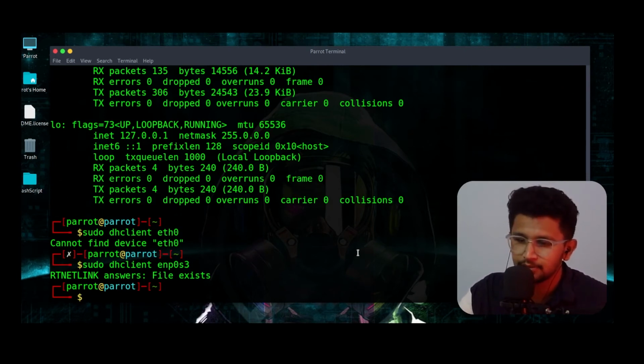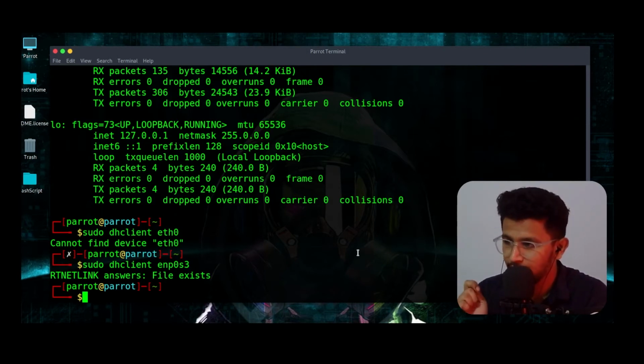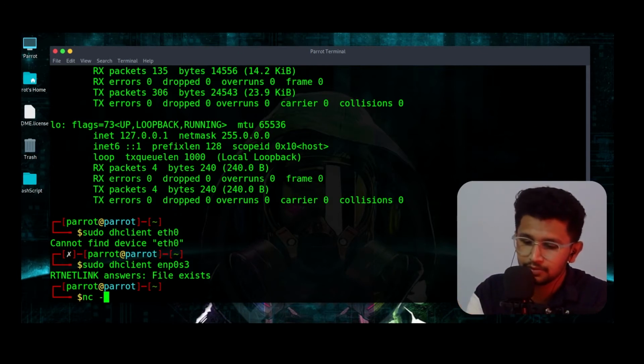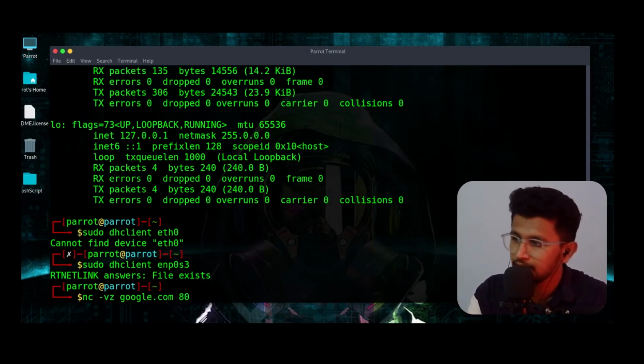Okay, so let's say you need a versatile networking utility for sending and receiving data over TCP and UDP. So you can use NC, which is actually called the netcat command. Verbose and Z, and you need to specify google.com, any website or domain name, and we need to say which particular protocol I'm using. Like it is basically HTTP,